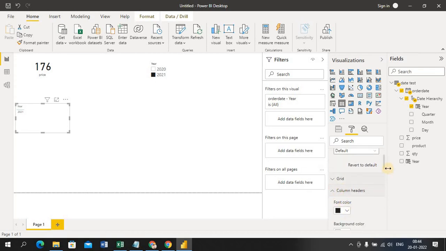Column header I increase the size. Next I'm going to increase the values also, okay? So header is a year, value is a number which I am going to present, okay?